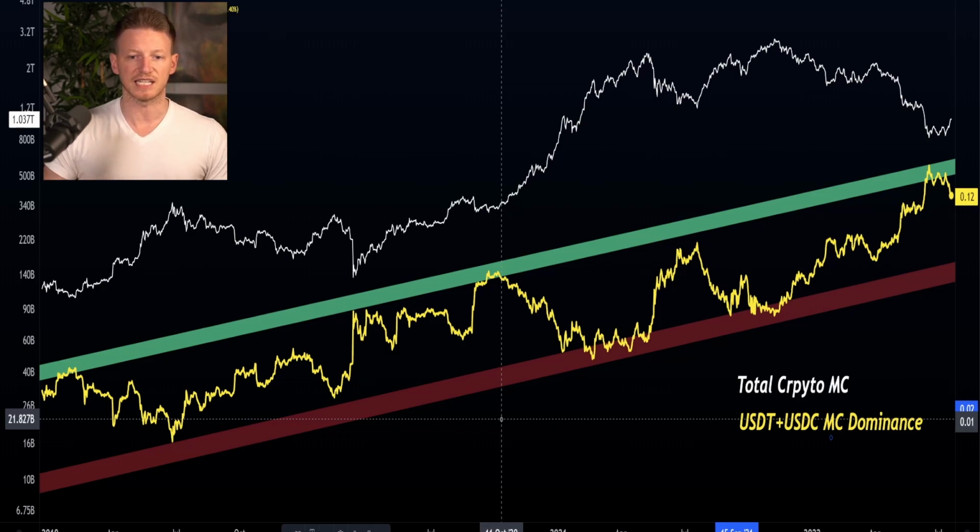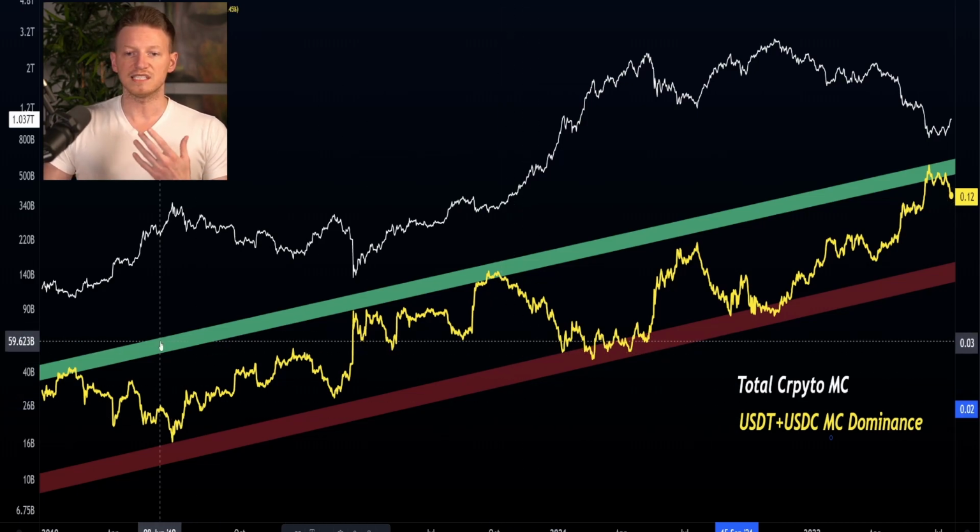If we go back to 2018, the market cap of stablecoins at the time was on the order of $4 billion or so. So the market cap dominance of these stablecoins has massively increased. Now the market cap of USDT and USDC is right at around 125 billion at the moment, plus or minus a few billion. So we've seen it increase in size by orders of magnitude over the last few years.